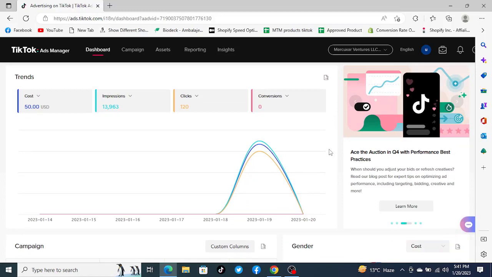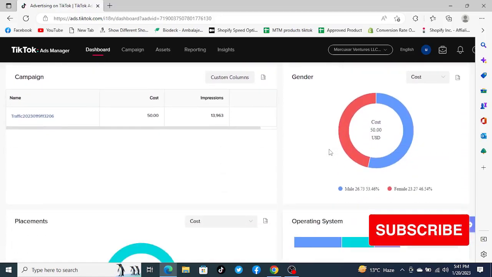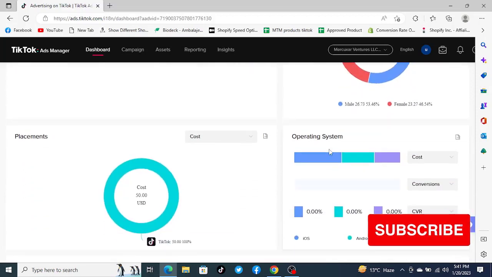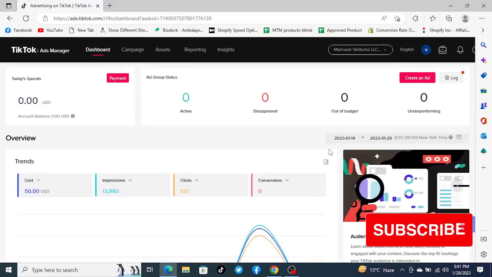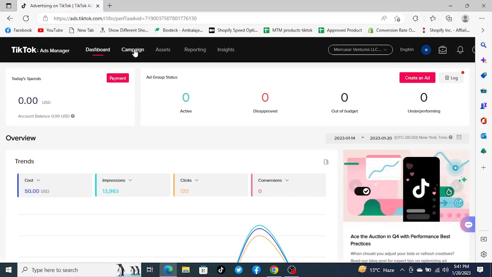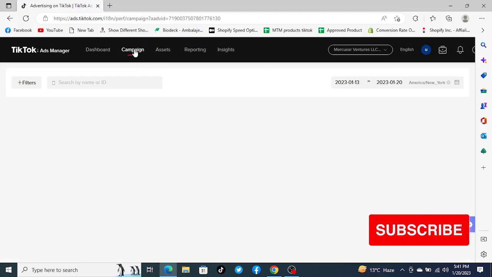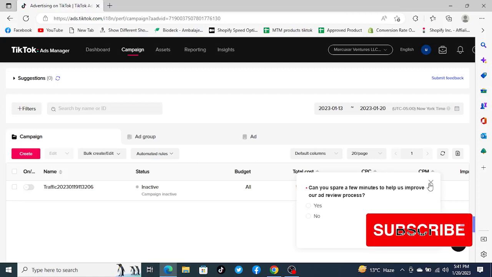What was the reason to start a traffic campaign in the very first account? So your account starts spending, and your pixel starts learning. Today we will be setting up the pixel again, and we will be setting up a conversion campaign. First, in the campaign section, we will be setting up a conversion campaign, and